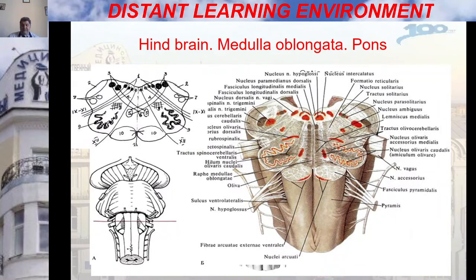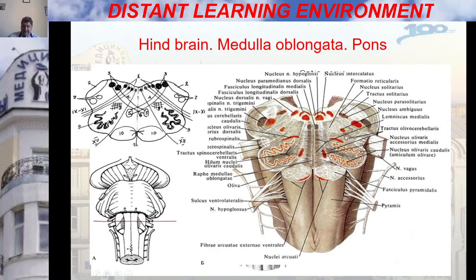The lateral region contains the olivary nucleus and the reticular formation, and the anterior region contains the pyramids. So you may see the 12th pair of nerves here, the hypoglossal nerve, and also you may see the vagus nerve and crossing section